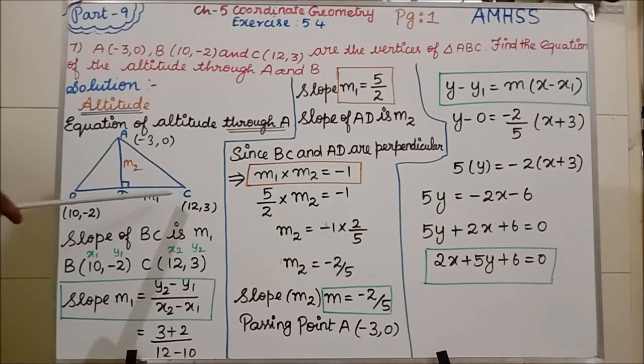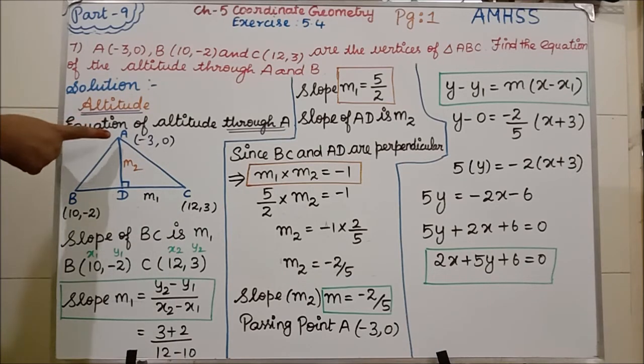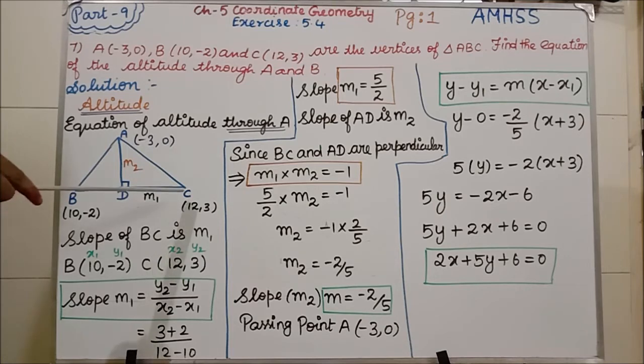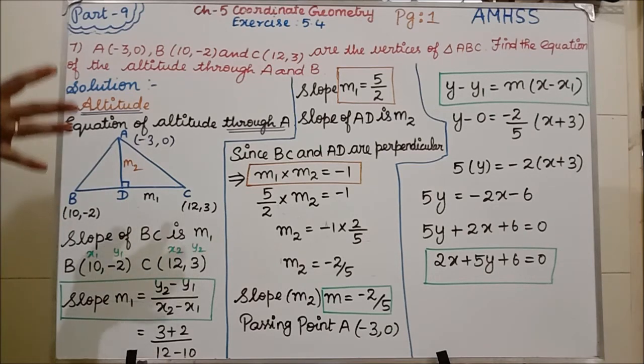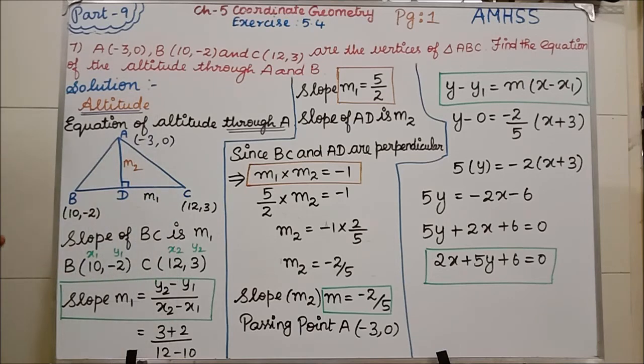Now see here, the altitude means perpendicular, I have told you. Here, this is our base, M1, where this altitude is perpendicular. AD is perpendicular to what? BC, isn't it? Perpendicular means what is the formula? M1 into M2 is equal to minus 1. That is our perpendicular formula. See here, this line BC is M1, so this AD altitude line is our M2. Clear students? See how I am doing the 7th problem. The same procedure, same steps, we are going to do in the 6th problem as homework. Clear students? Now we'll start the solution.